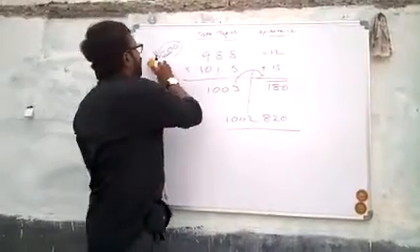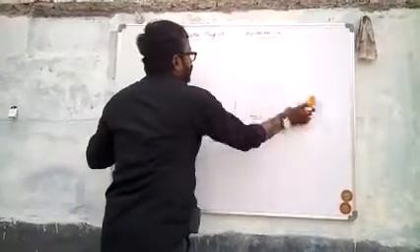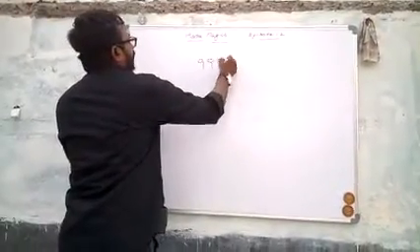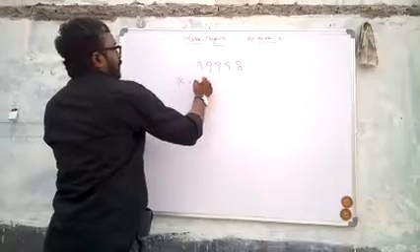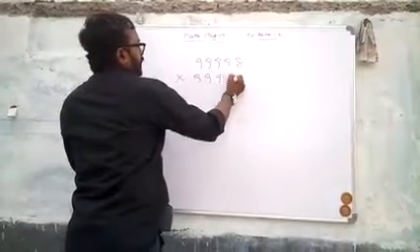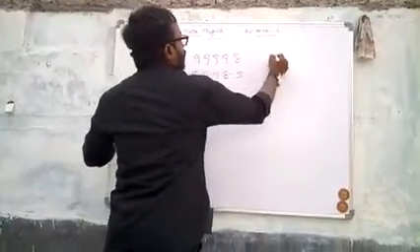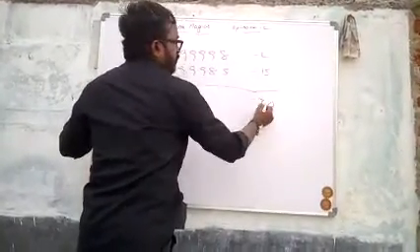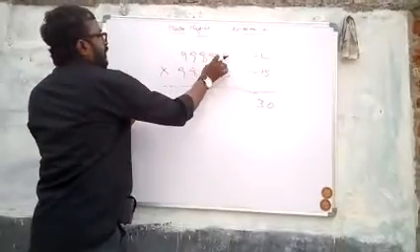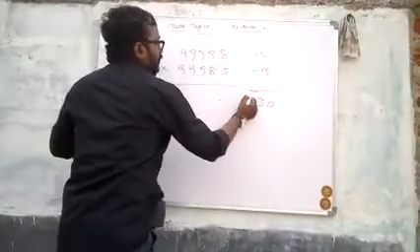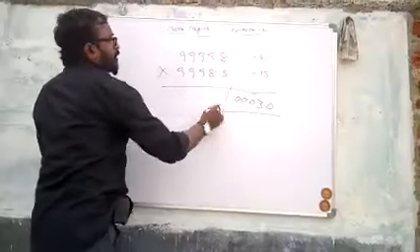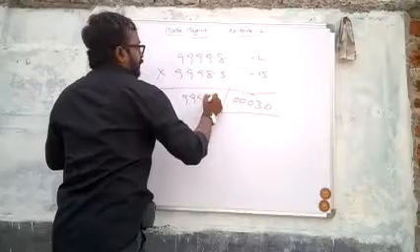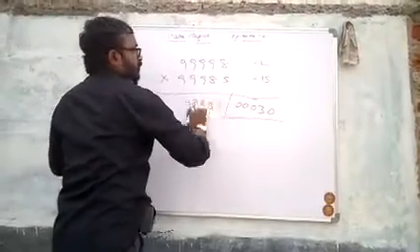Like that, we are able to solve such types of problems. Very huge ones also are very easy. For example, 99999 into 99985. If you want to solve, here the value is minus 2, here the value is minus 15. 15 2s are 30, minus into minus is plus 30. But how many digits are here? 1, 2, 3, 4, 5. So write 3 more zeros in front of 30, making 00030. Now 99985 minus 2 is 99983.